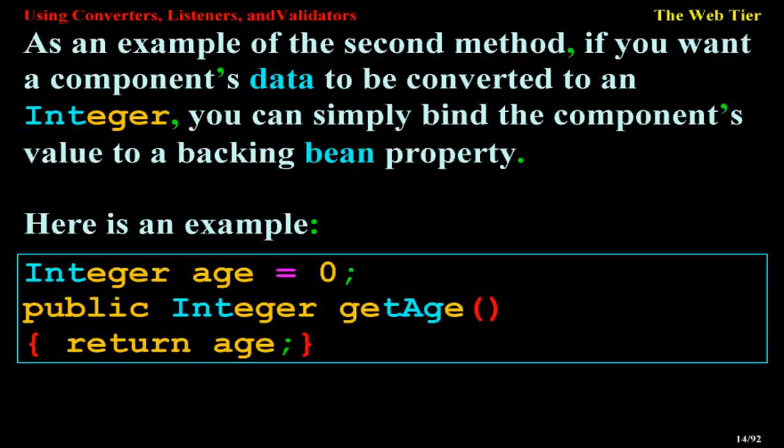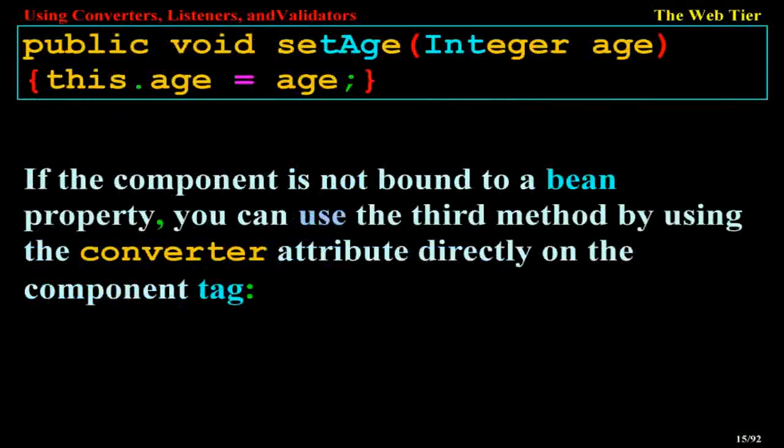As an example of the second method, if you want a component's data to be converted to an integer, you can simply bind the component's value to a backing bean property. Here is an example: Integer age = 0; public Integer getAge() { return age; } public void setAge(Integer age) { this.age = age; }